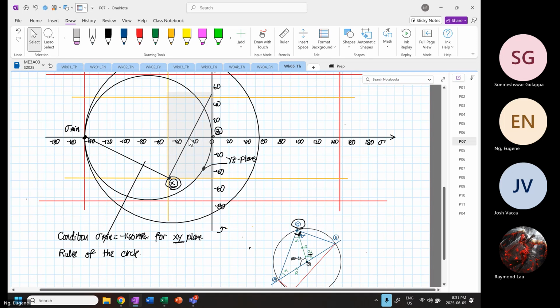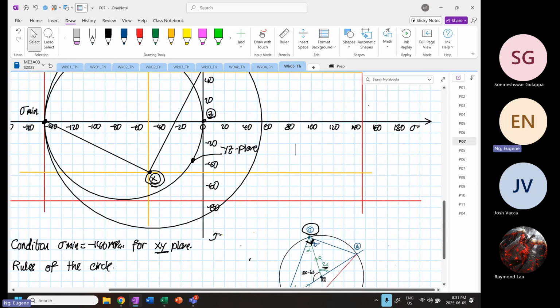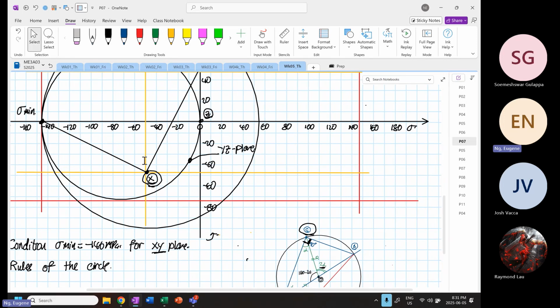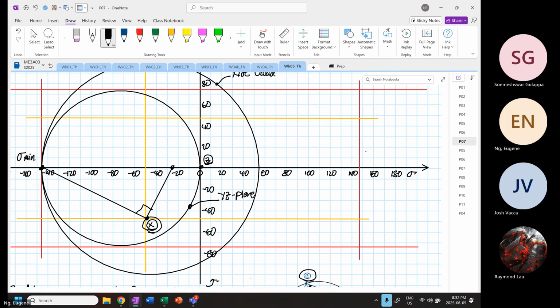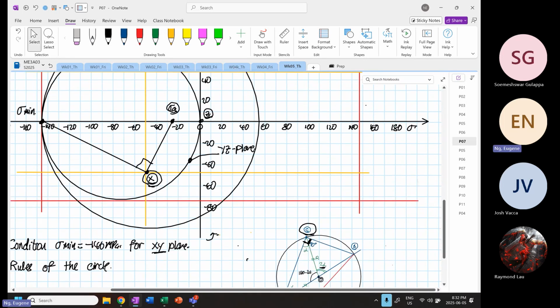So now we know that that is 90 degrees. I can swing this now. So over here, I'm going to call this point our stress A point. Okay, our stress A point. So by putting that in our